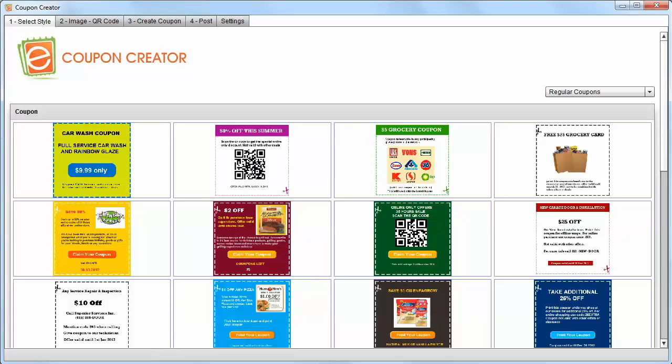Hi, welcome to the Coupon Creator walkthrough tutorial. In this video, you're going to learn how to use the features of Coupon Creator to create your own custom coupons. So the first thing you're going to want to do when you have installed and activated the software is